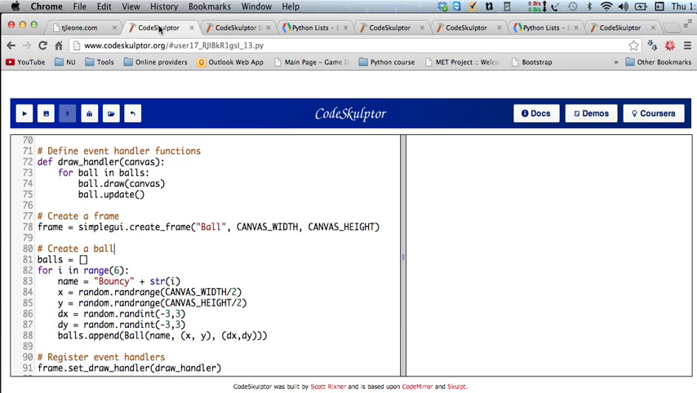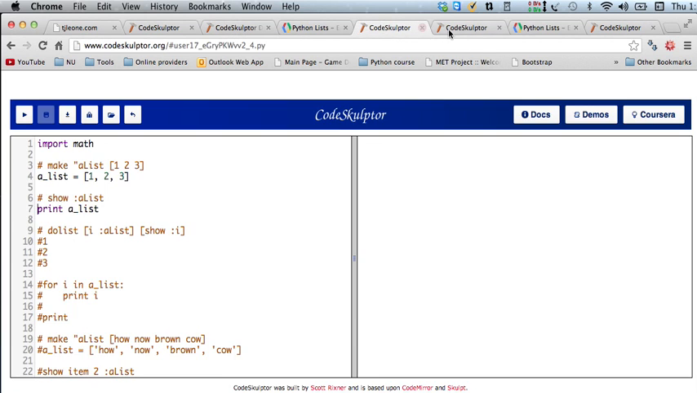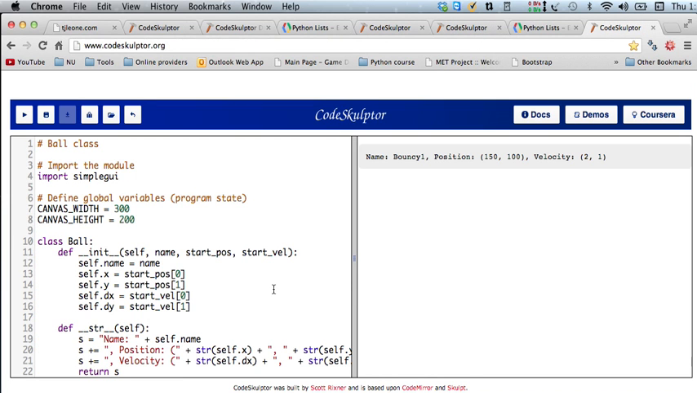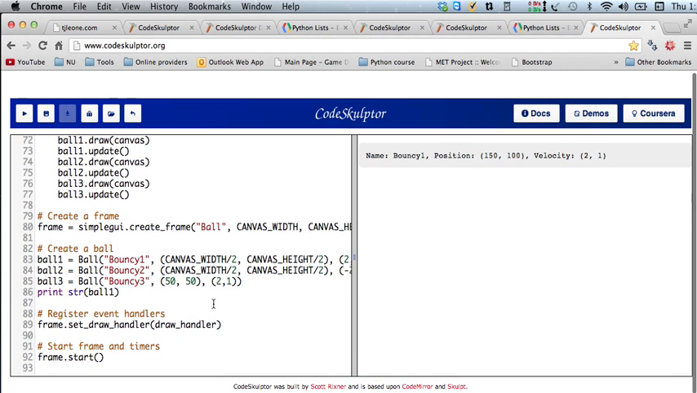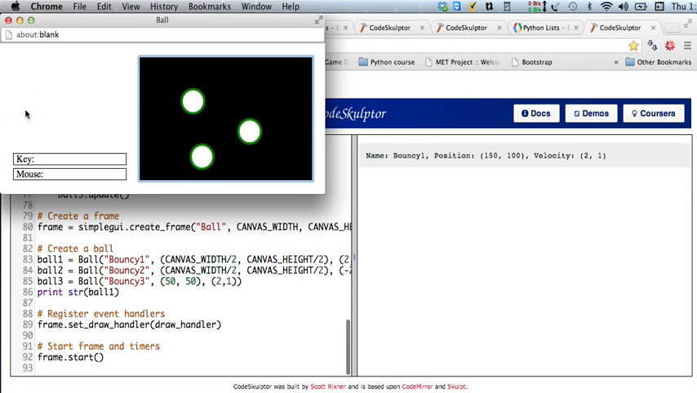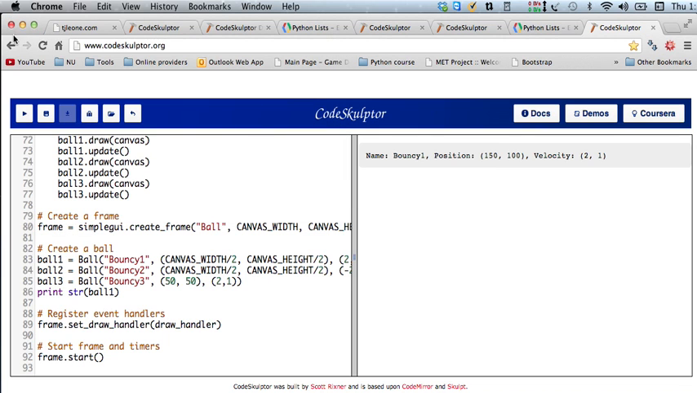So we have been building, let's see, what have we been building? This. We've been building a picture of multiple balls bouncing around on the screen, and